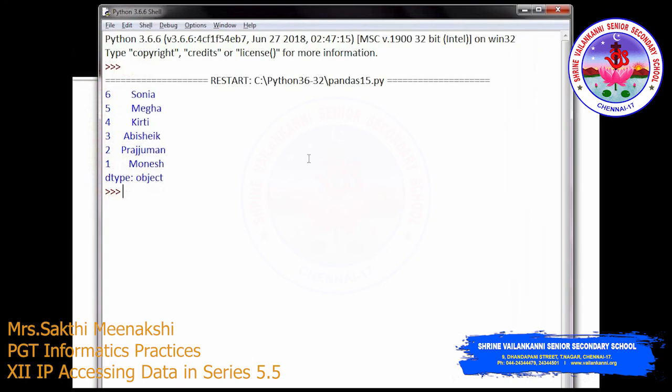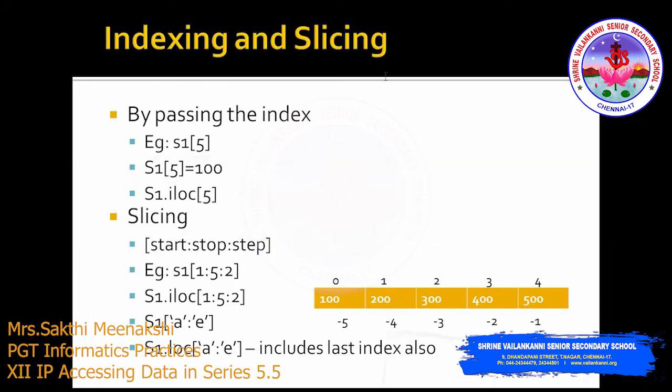So same thing we applied using this ILOC, right? Right, so this is how you have to use the slicing operator. Okay, so it has only 3: start, stop, and then step value. You can also use the negative index. So next program, okay, here is my next program, which uses index value, string indexes. Okay, so index I am using L1. So all these values are string index. So how to use this in the index?